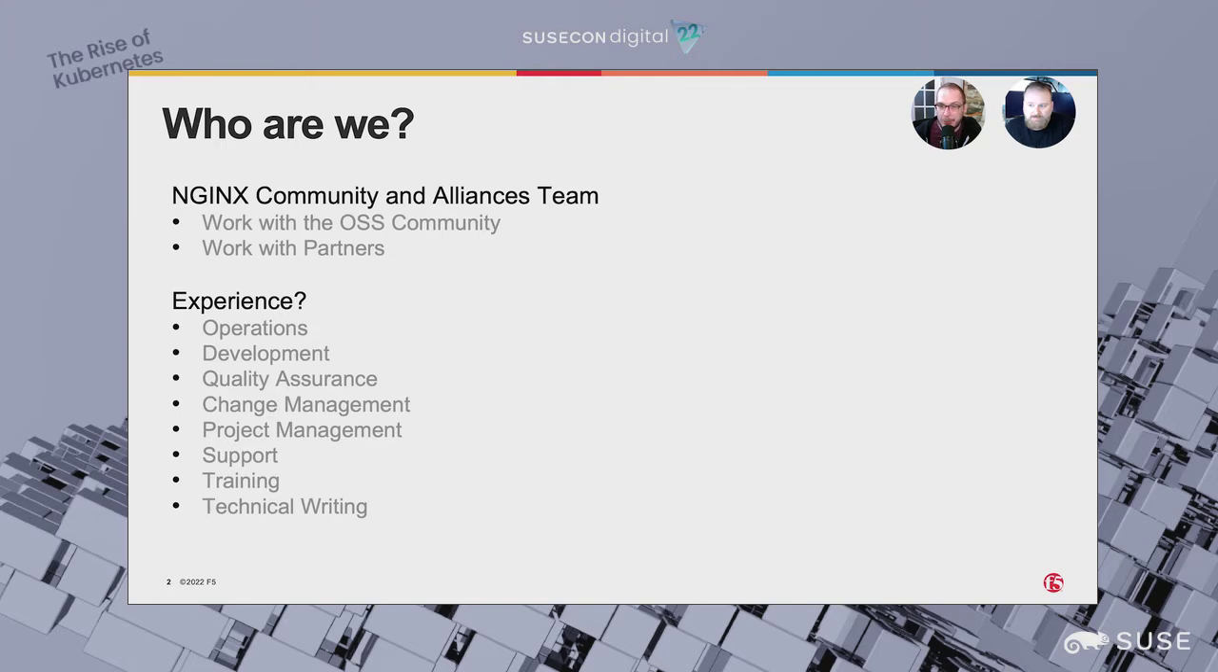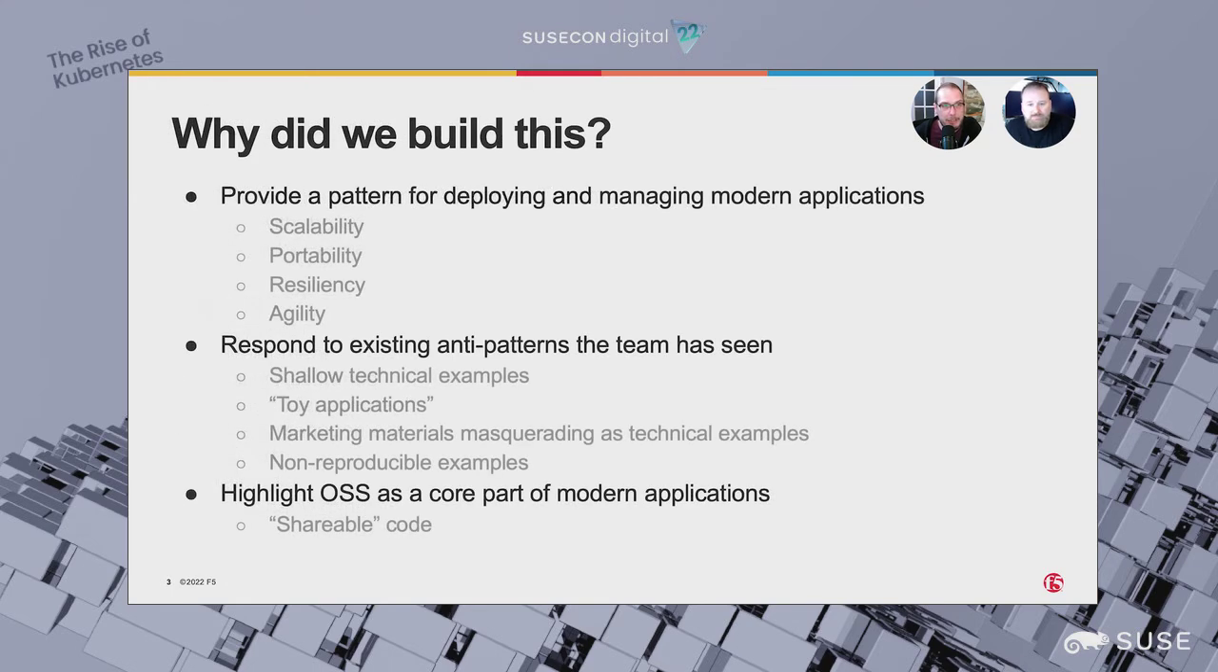So I guess the next thing is, what are we really talking about today, and why did we build this? The primary thing when we started looking at building this reference architecture is we wanted to provide a pattern for how to deploy and manage modern applications to act as an example. So that when we were talking about this idea of a modern application architecture, we were able to have something tangible to show how these ideas can add to the scalability, portability, resiliency, and agility of your applications